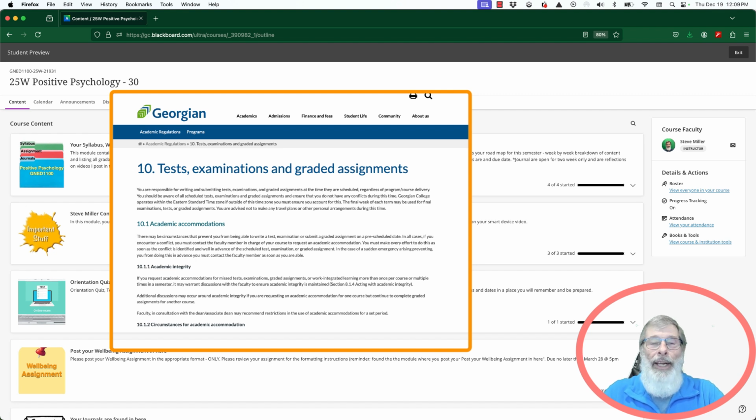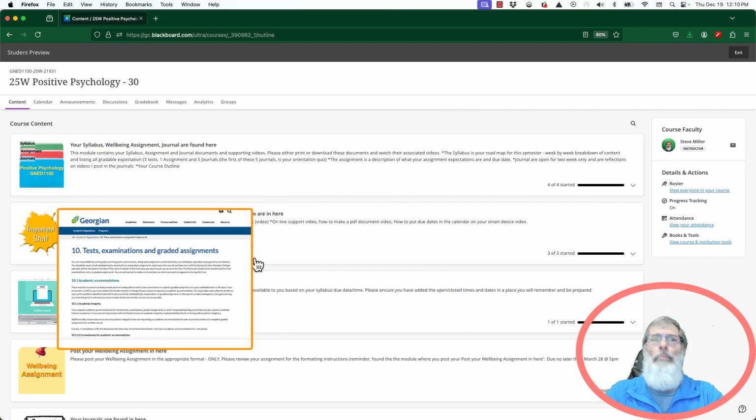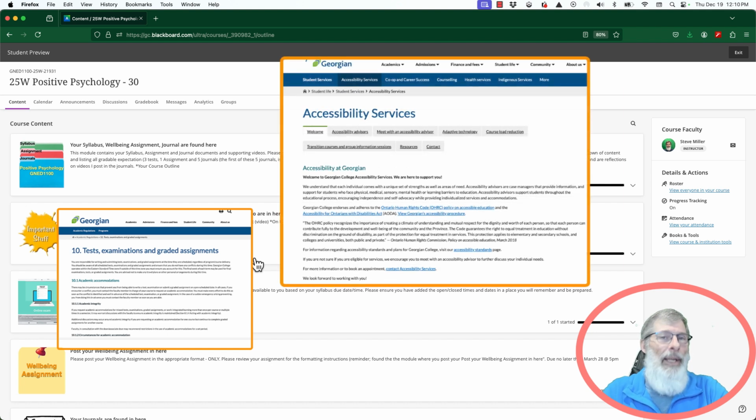I do put the link in the syllabus for that, and you'll see on your screen, there's the appropriate place you need to go. It's the academic regulations 10.1, where it looks at examinations and graded items and when they need to be done, and what are the conditions that you can get support for an extension. The other way that you can get an extension is through the Student Services Accessibility Office.